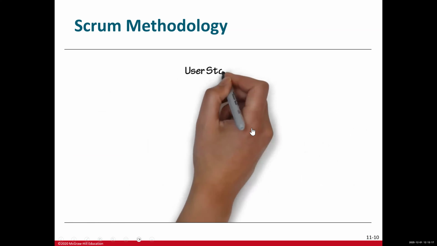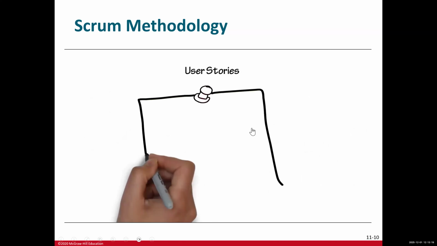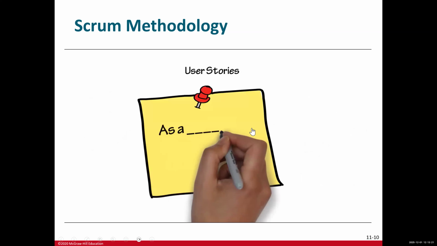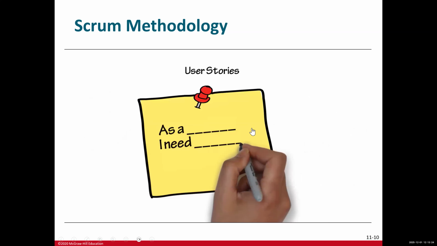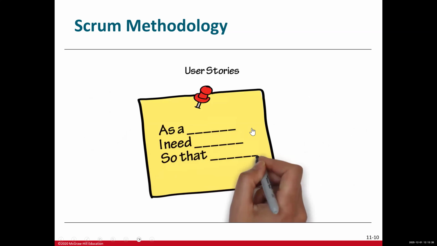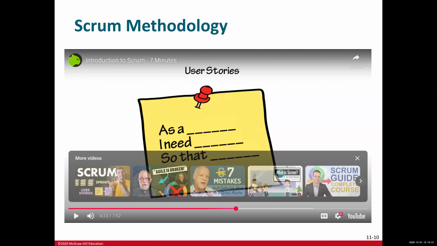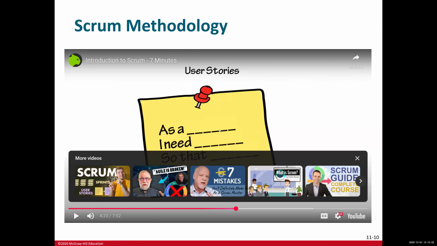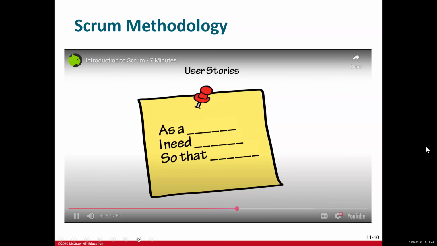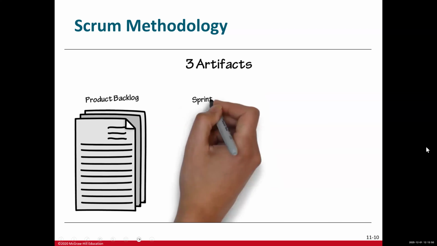User stories are a way of describing a feature set that follows the format: as a user, I need something so that reason. For example, as a user, I want to log in with my Google account. Very plain, simple English language. This way of phrasing a user story allows the product owner to specify the right amount of detail for the team to estimate the size of the task.